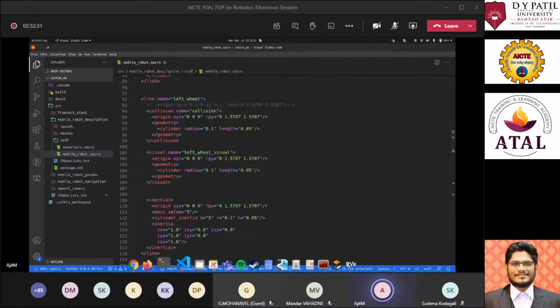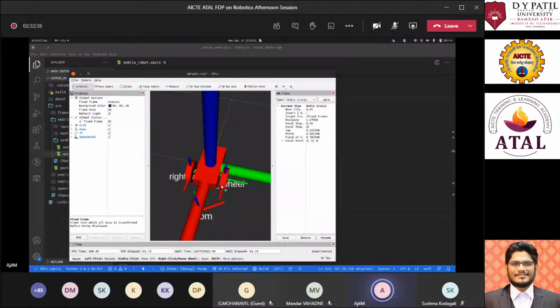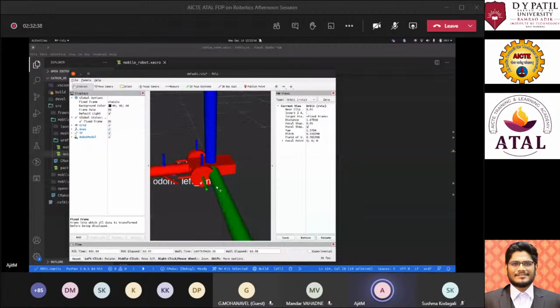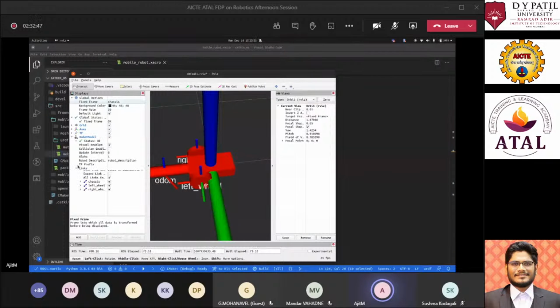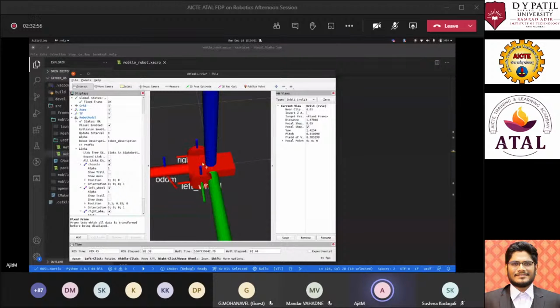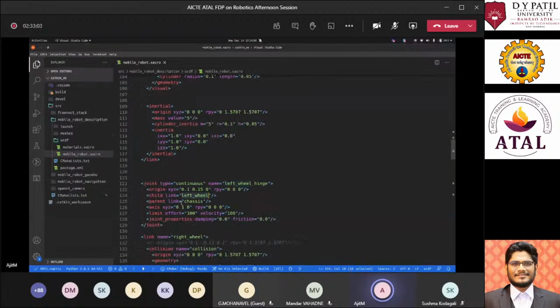If you go back to the robot model again, this red block over here is the main parent link of the whole robot. Here you can see chassis is the first one, then come the left wheel and the right wheel, which are the children of this parent link. Now if you go back to the code again, I have defined